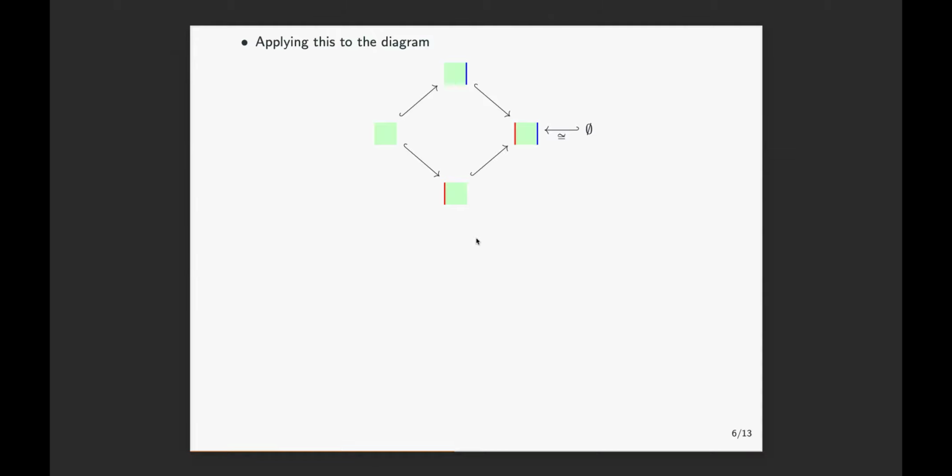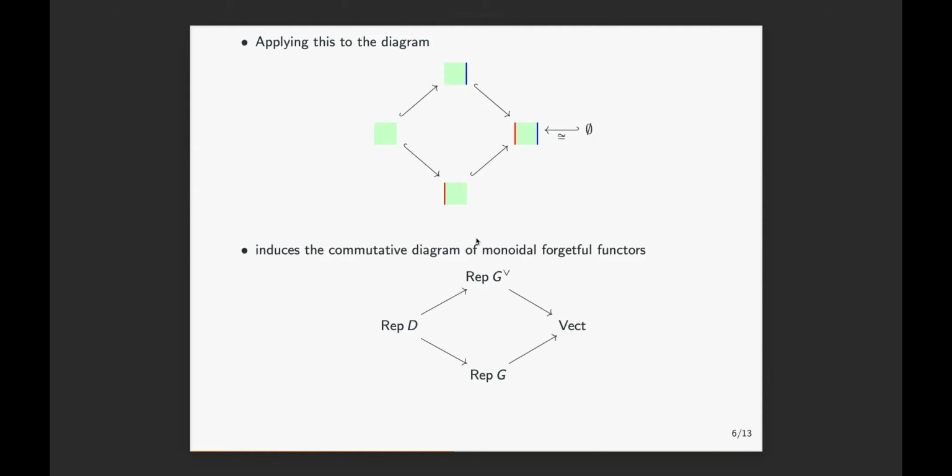And I should emphasize that the compatibility with respect to embeddings tells you that all of those have a monoidal structure, which you should think of as being obtained by stacking things on top of each other. And all of those maps are compatible with that in an obvious way. So when you apply your TFT to this, you actually get a diagram of monoidal functors. And the claim is that in that classical case, those monoidal functors are really just restriction or forgetful maps. So G and G dual are subgroups of D, so you can just restrict along the subgroup, and then you can just forget the vector space. So those are those maps, and this is obviously a commutative diagram, in a very strict sense in that case.